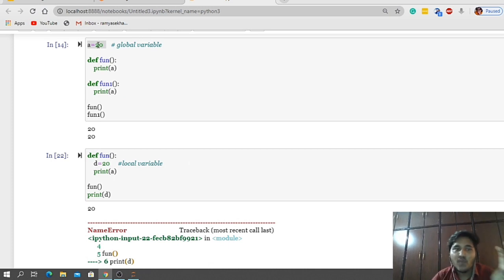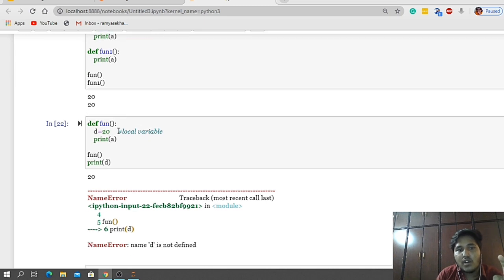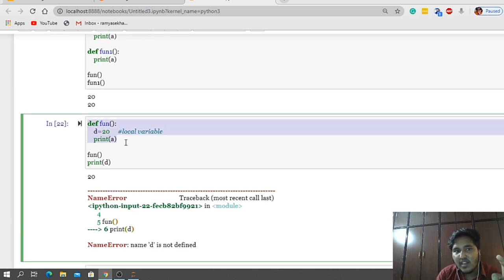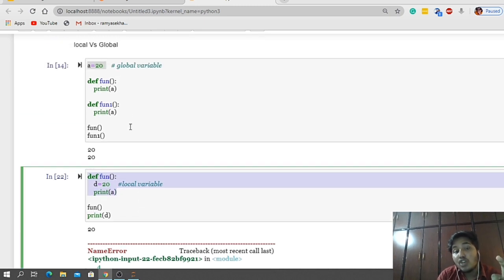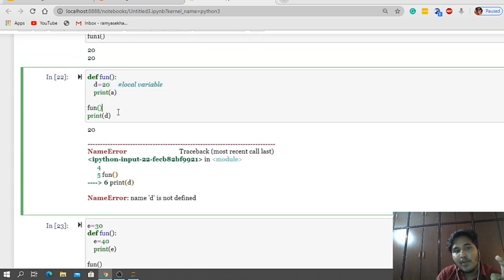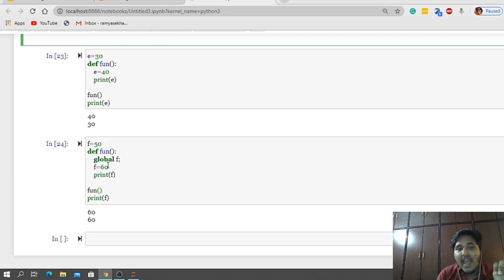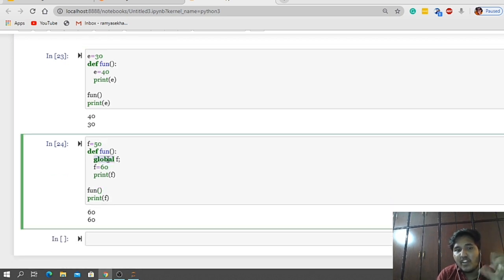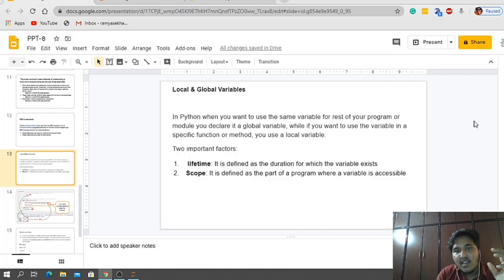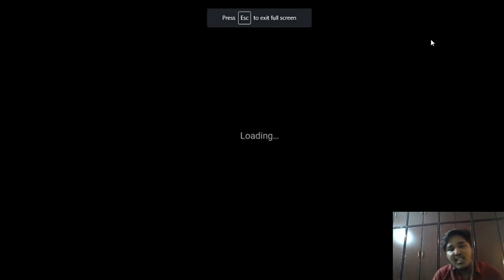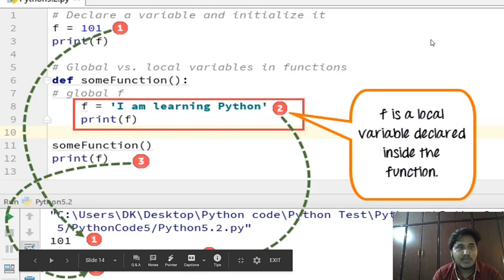Yes or no? The first conclusion we had is that the global variable can be accessed throughout the program. The lifetime of a local variable is within the function. The lifetime of the global variable is throughout the program. If you use the local variable outside of the function, you will get an error. If a local variable and a global variable are in the race, then the local variable will have the highest priority compared to the global variable. And if there are two global variables in the program, the updated global variable will be used in the entire program. Is this clear, guys? Yeah. So this is about local variables and global variables. This is the program we have already seen.